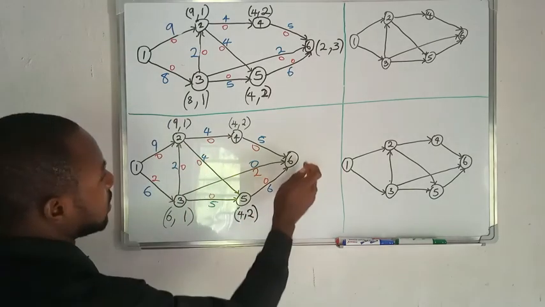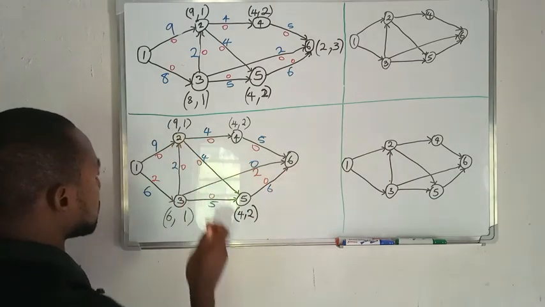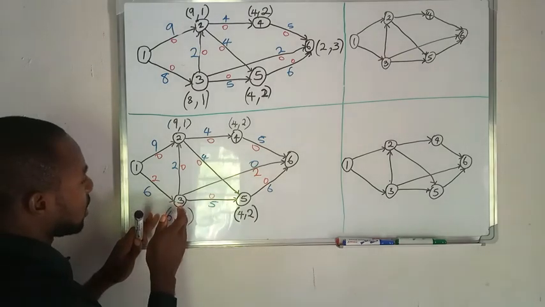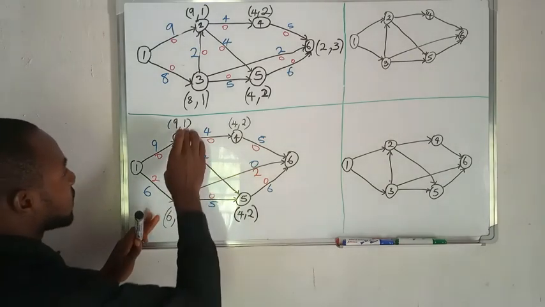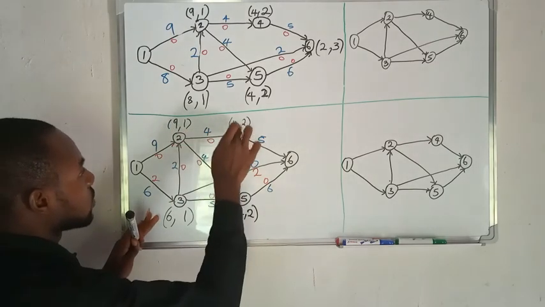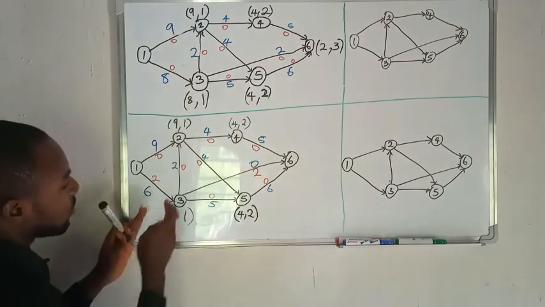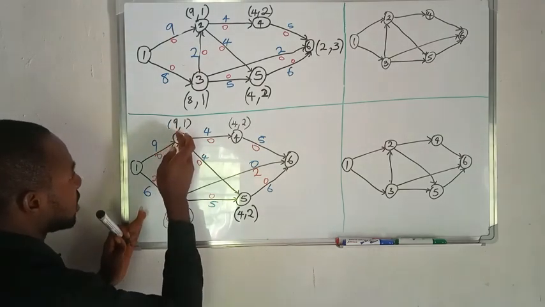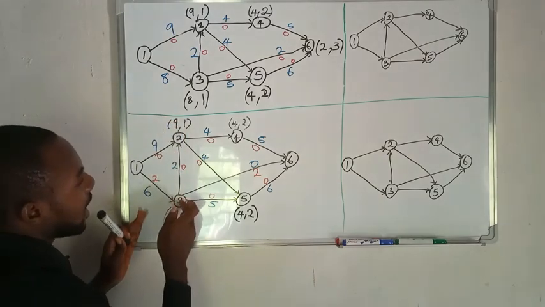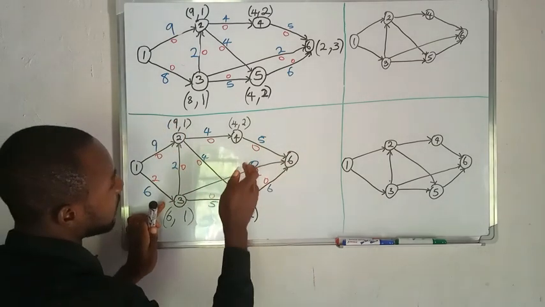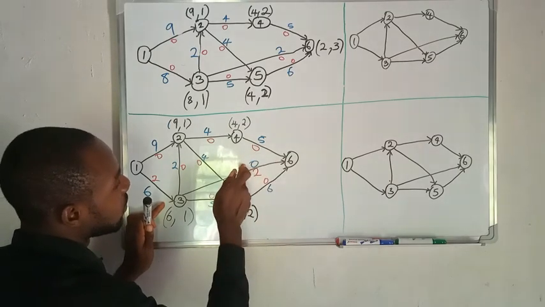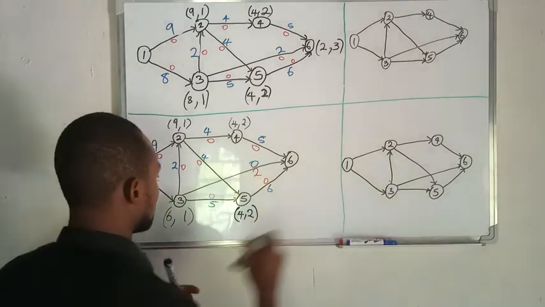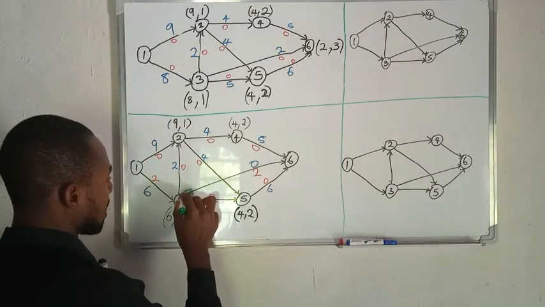and we now check after labeling 2. Now we have succeeded in labeling all the nodes that are connected to 2, which is 4 and 5, and then we go to 3. Is there any node that is connected to 3? So right here we have 2 connected to it, but 2 has already been labeled, and we have 6 connected to it, but we can no longer go through this place because there is no excess capacity here anymore. So I'm just going to use the green biro and mark this place out,